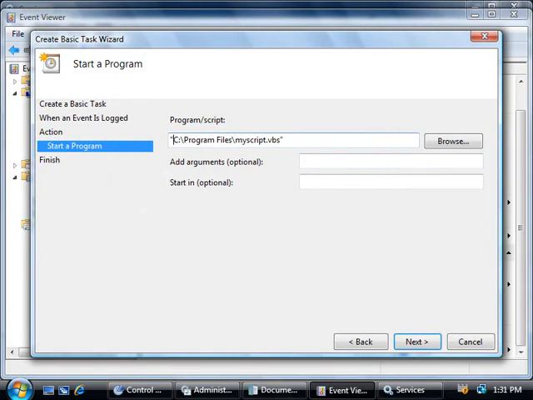Alright, now a quick and simple way of restarting my Windows Search service when it stops would be to issue the net start command. And sure, I could write a script, but since I can't be bothered, I'm going to simply cheat and enter in the command directly here. So for our program, I'm simply going to enter in the word net. And in the arguments section, I'm simply going to type in start wsearch, and then we'll click Next,